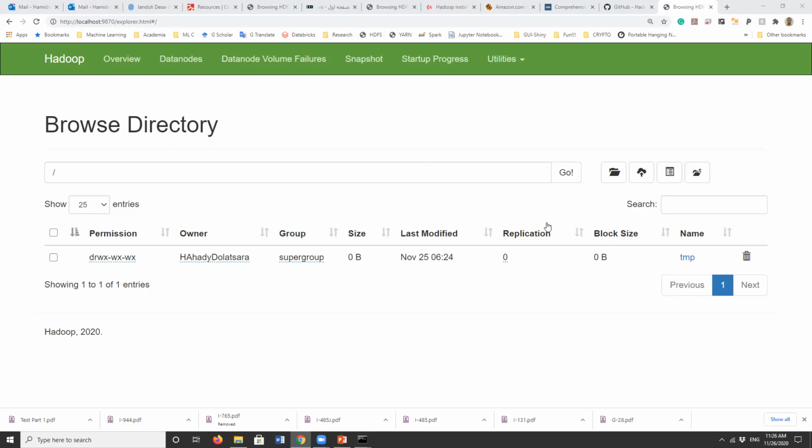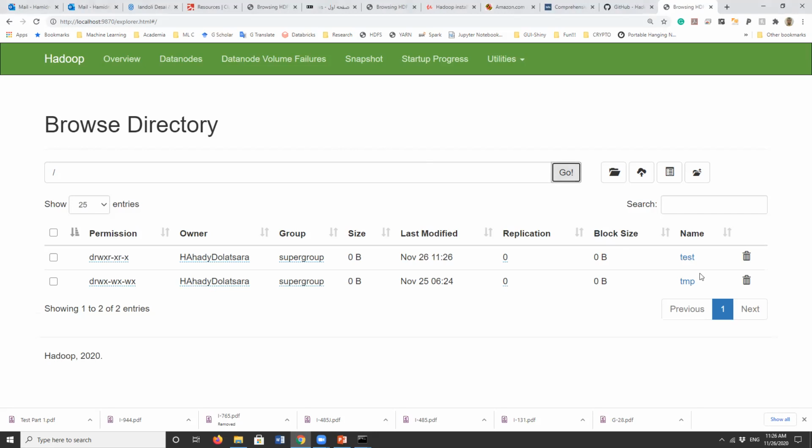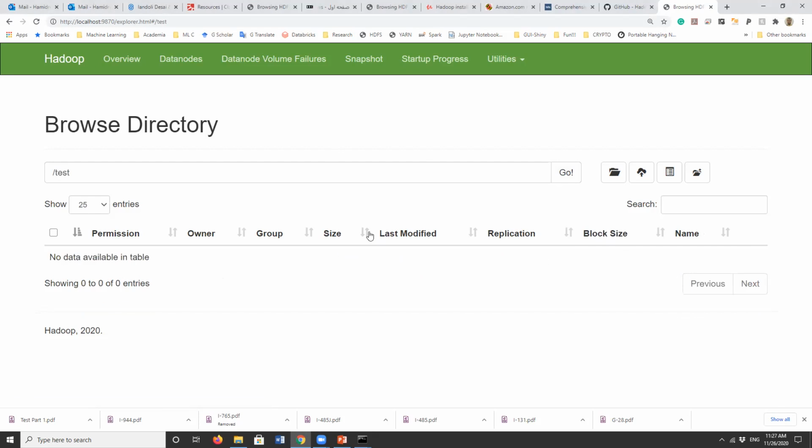Okay, so you need to refresh or just go to the Go press. And now I have a test directory under my root address. When I click, nothing is in the directory. You can just go back. So in your browser,